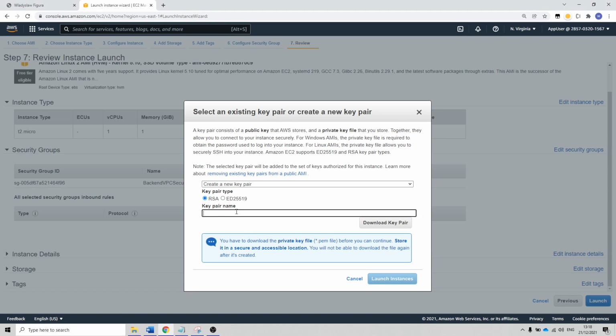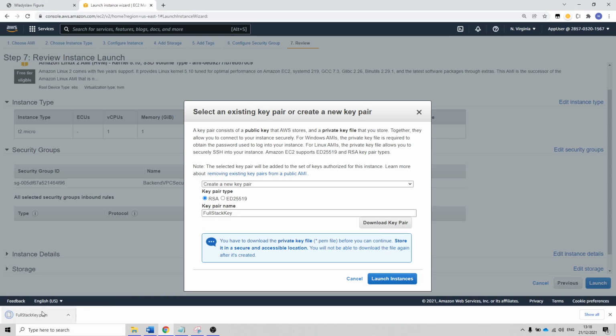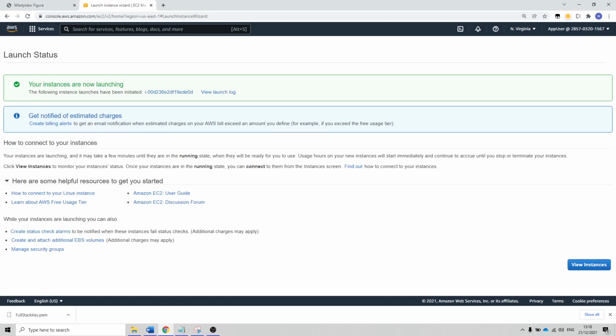Let's call it full stack key, and download key pair. Okay, and store it in some safe place and launch instances. Okay, our instances are now launching, so click View Instances,